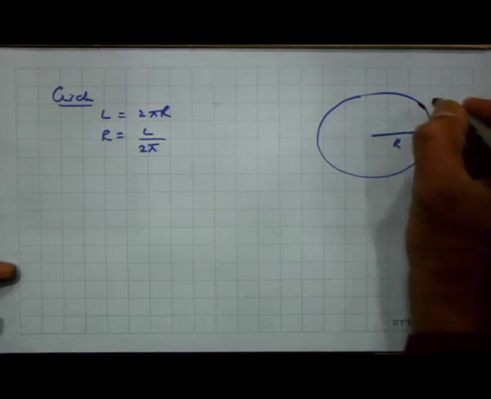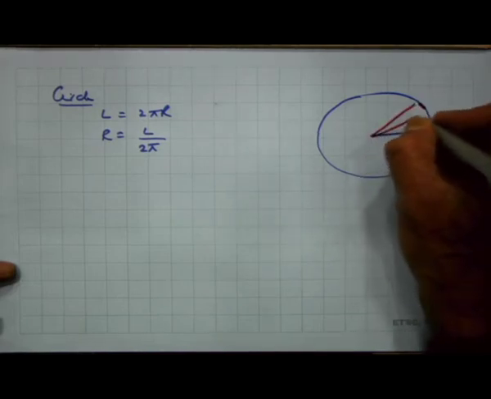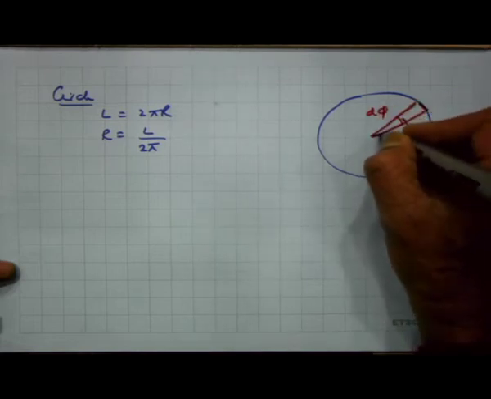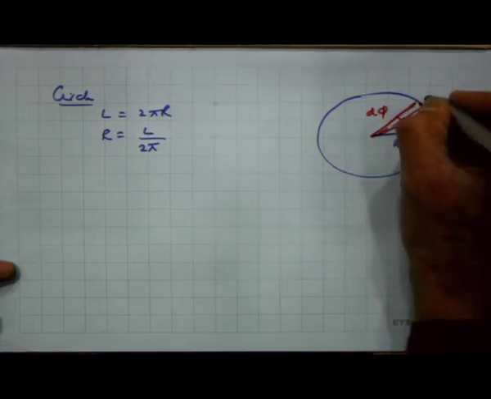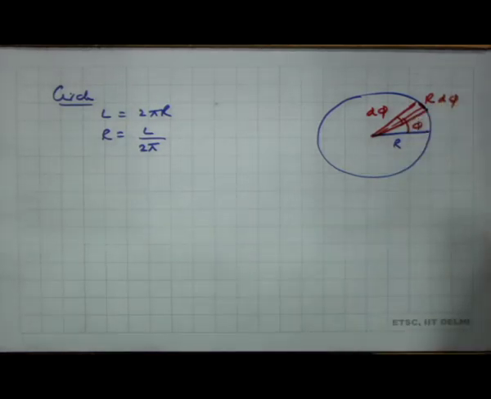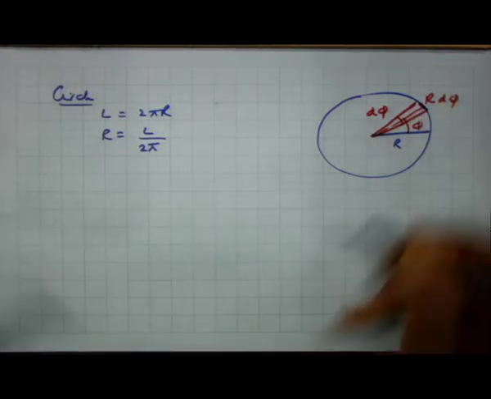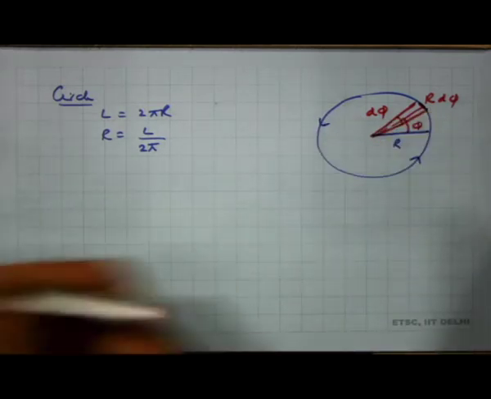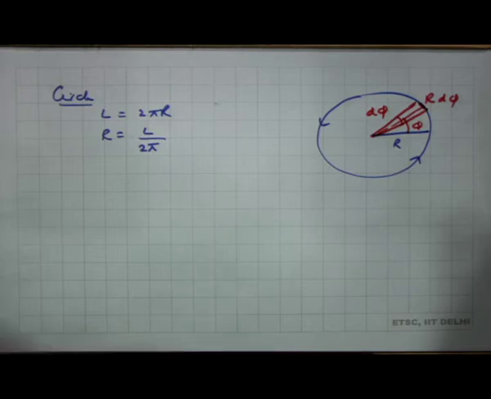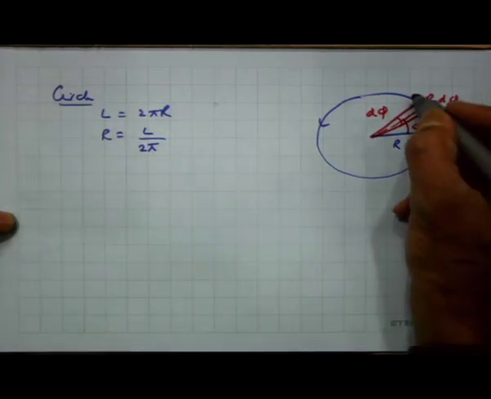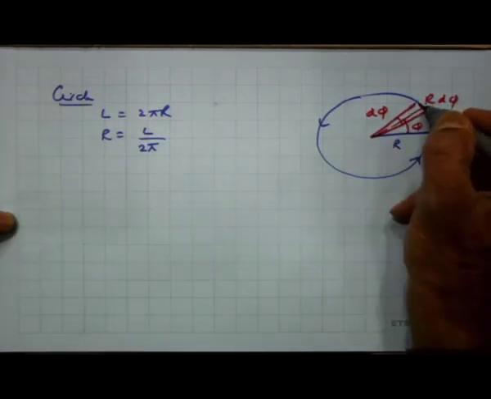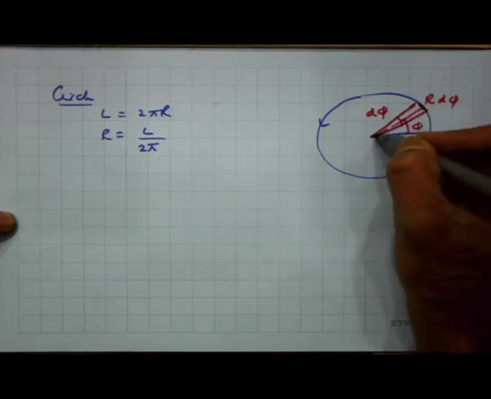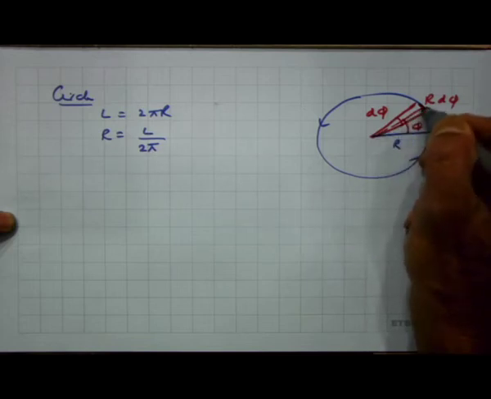So, here I take a current element. So, this is d phi and this angle is phi. So, this is r d phi and the current is flowing like this. So, I can write dB. The current is flowing like this. This is the r vector here. So, you can see here this line dl is always perpendicular to this r vector here, and so